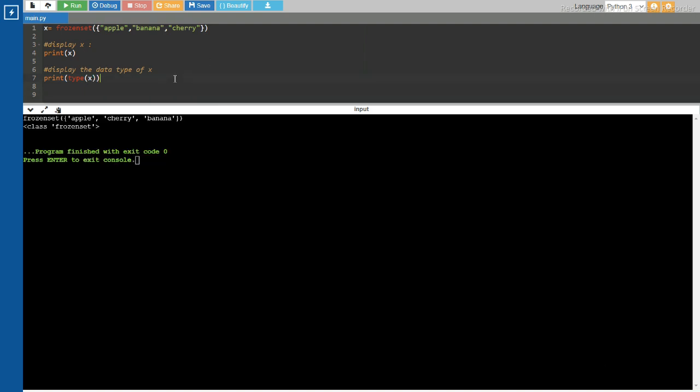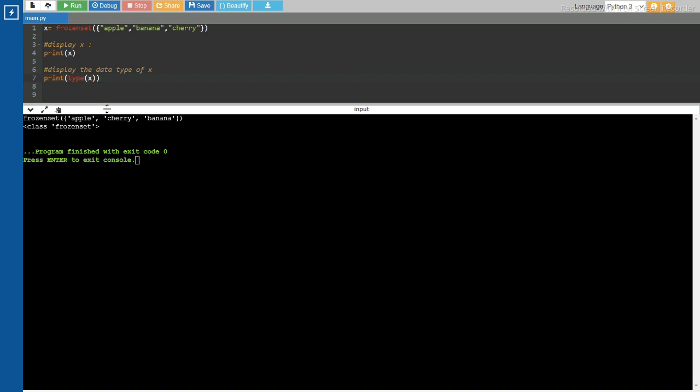When we run this code and ask the server to print the data type of x, it is frozenset. It shows the class defined as frozenset. When we display x, when we use two variables in a block of code, the hashtag comments must be there. If I remove this display hashtag, there will be an error. If I remove this one also, there will be an error, because without the hashtags the server will be confused about what to print and what not to print. This is about the frozenset.